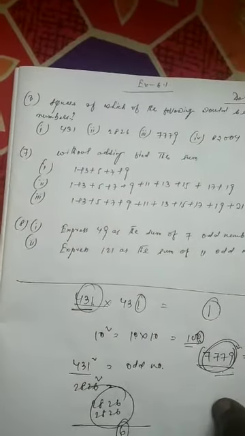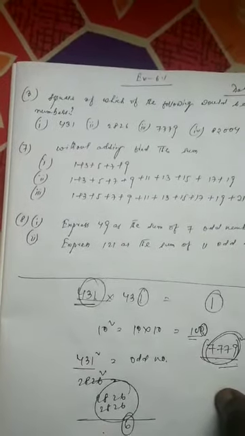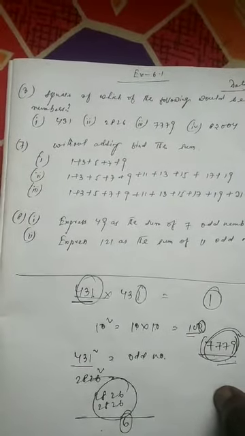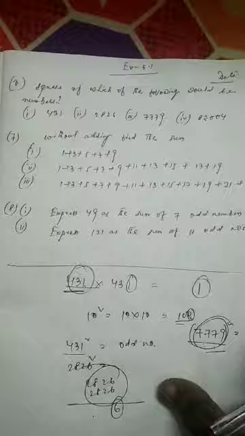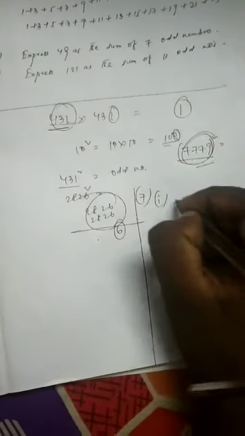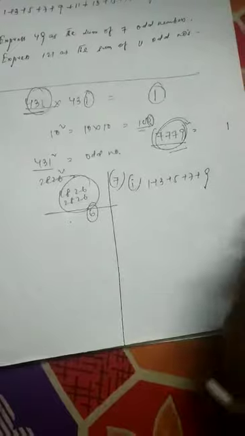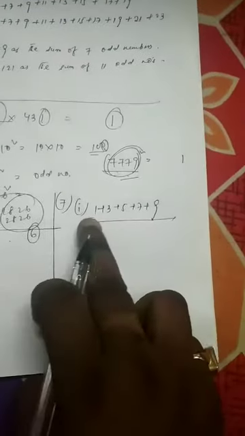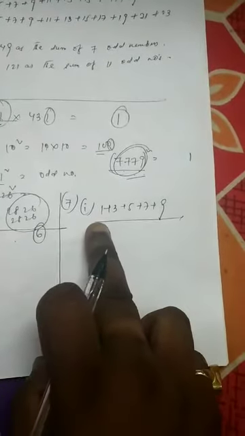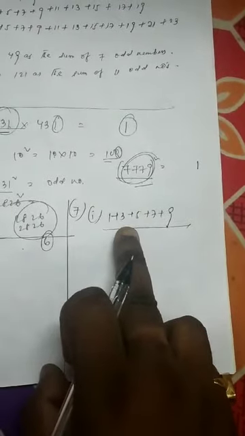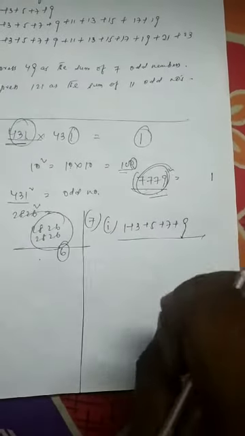And the thing which I really need to make you understand is question number 7. Without adding, find the sum. I'm given some numbers. The numbers are: 1 plus 3 plus 5 plus 7 plus 9. These are the odd numbers starting from 1. After 1, the next odd number is 3. Here is one thing, children, that we have to keep in our mind.